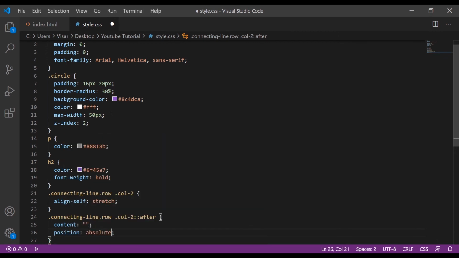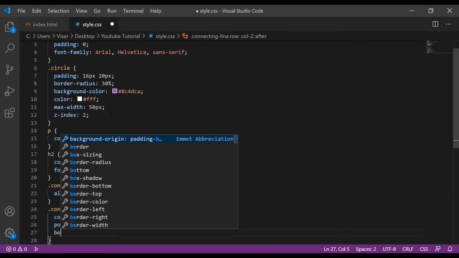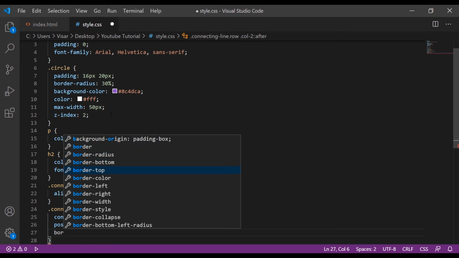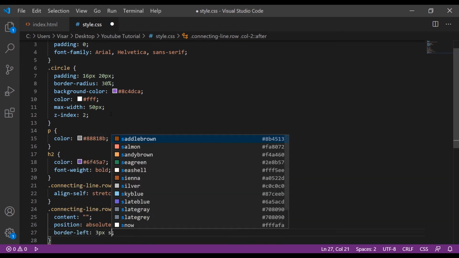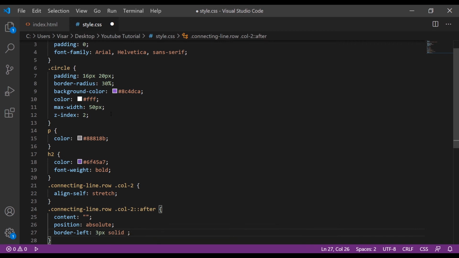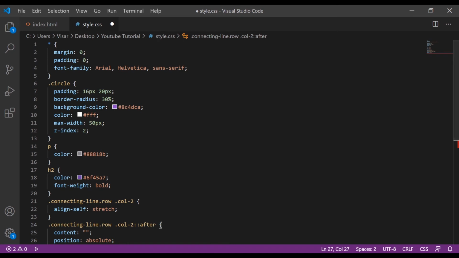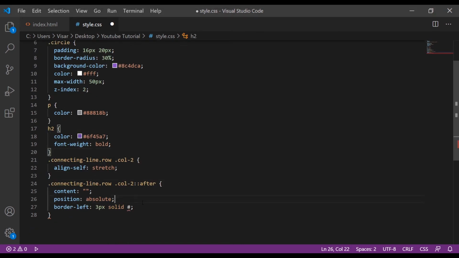position will be absolute, and then border-left will be 3 pixels solid, and we give this color. Keep this color copied so I can use it every time. Then z-index will be 1.